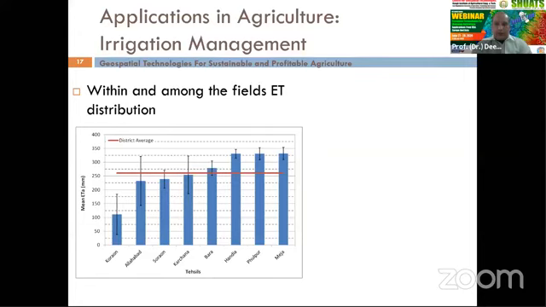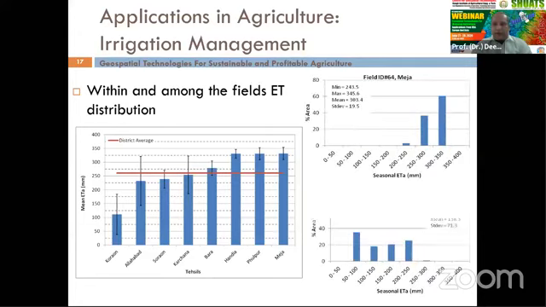Now let's see some samples of within-field and among-field distribution. For within-field distribution, I have extracted the data for two individual fields. Field ID 64 belongs to our major subdivision, which is shown in this graph. If you see on the left side, that's the last bar. So for us, this shows that in Meja, the water is being utilized by crops nicely. They are being nicely irrigated, and mostly they are uniform. It's evident in one of the sample fields that I extracted the data for,